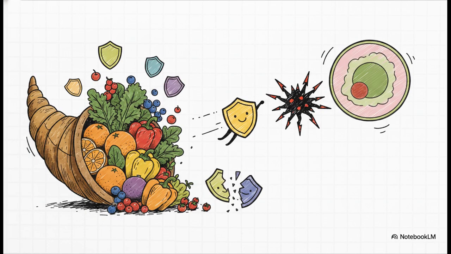Then we have the non-enzymatic antioxidants, and you'll probably recognize a bunch of these from your diet: vitamin C, vitamin E, carotenoids, and flavonoids. Your body also produces uric acid and a powerhouse molecule called glutathione, which is widely considered a major intracellular defender. Basically, these molecules throw themselves on the grenade. They sacrifice themselves to neutralize the ROS before those radicals can damage your healthy cells.